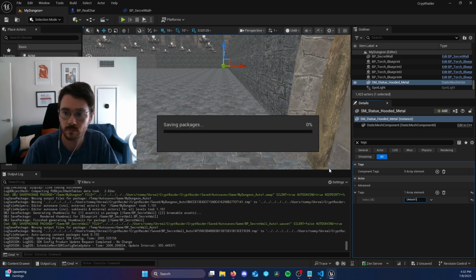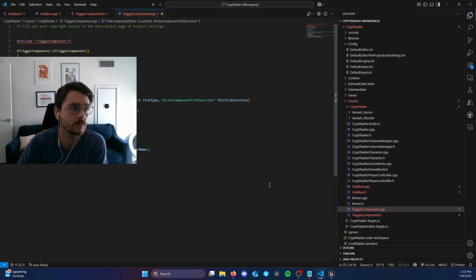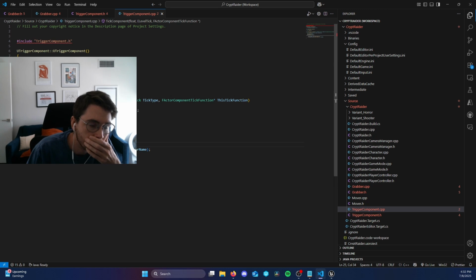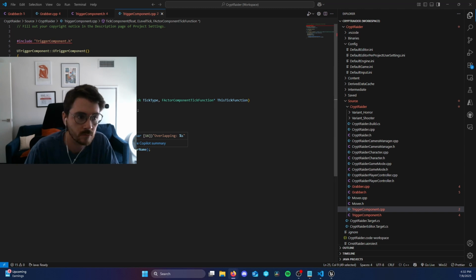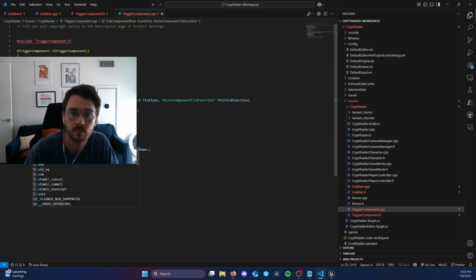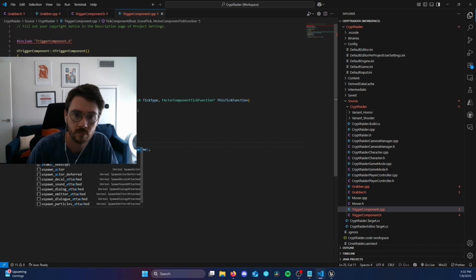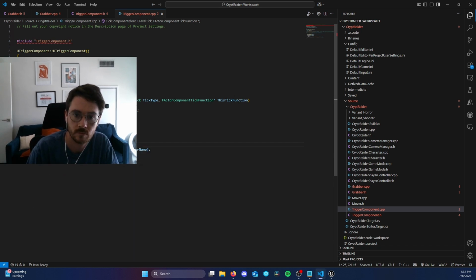So what we can do here is query the actor when we're going over the overlapping actors in our for loop, and we can check whether it has a particular actor tag. It's very easy to do. There is a function for it. So we do actor, arrow, actor has tag, and then you just have to pass in the name, the F name of the tag,